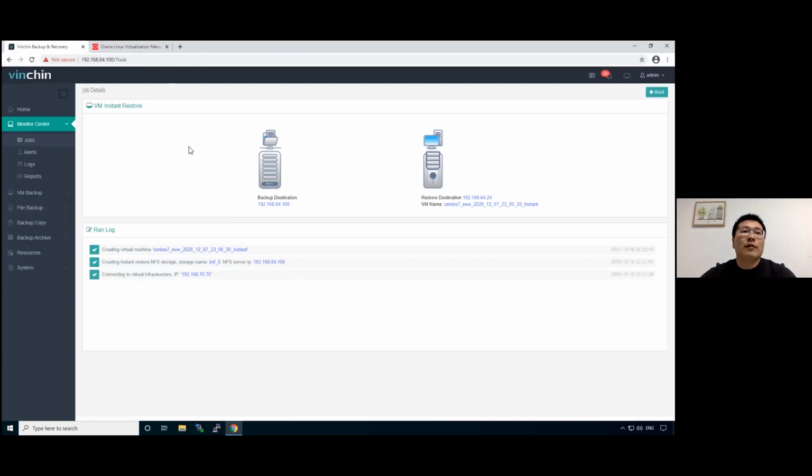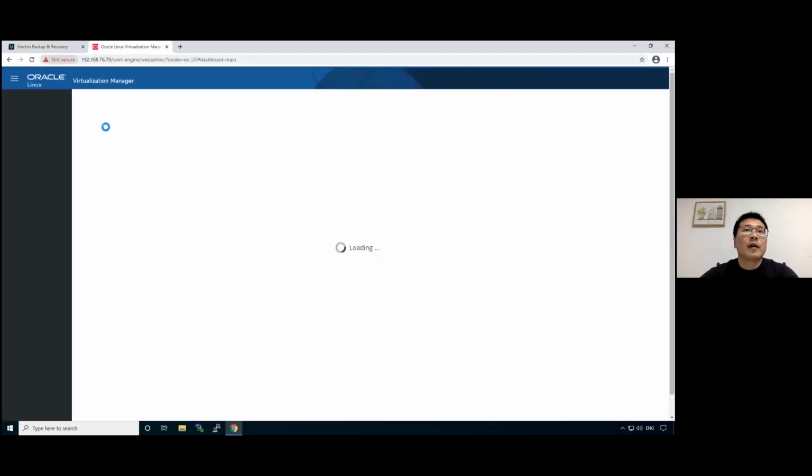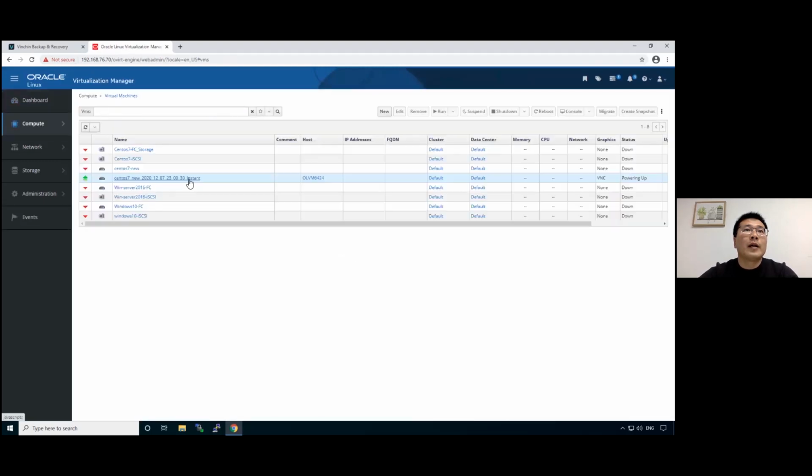Actually, let's first take a look at the Oracle Linux Virtualization Manager and take a look at the virtual machines first. Okay, it is actually being restored to the Oracle Linux KVM host, but now the backup data is actually inside the Vinchin Backup and Recovery backup storage.